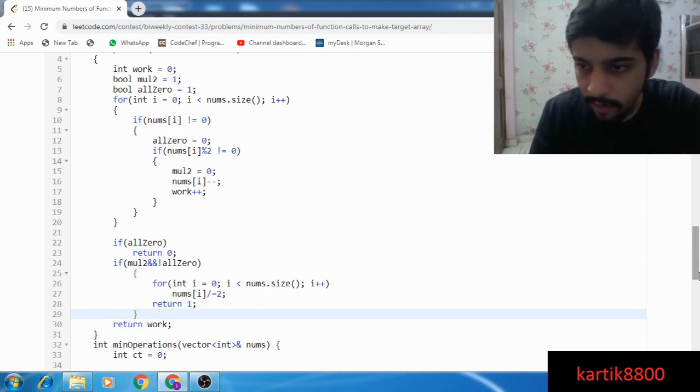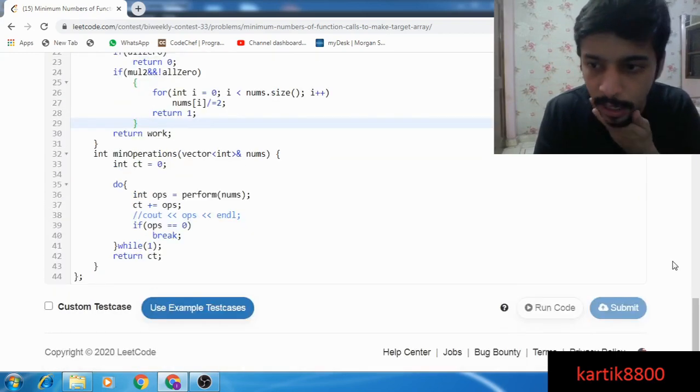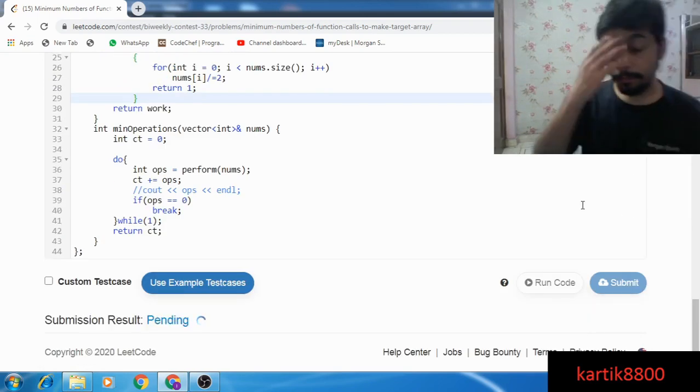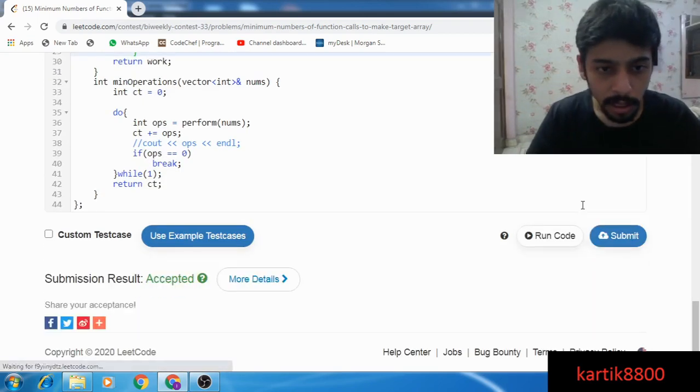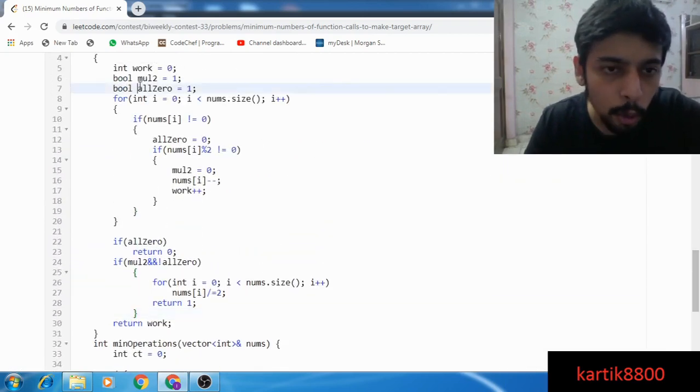So even though not having these braces makes me look cool, at the end of the day these braces are helpful. Let me submit. Please pass. And it got accepted. So yeah guys, complexity is n log n because this particular loop runs in big O of n time,